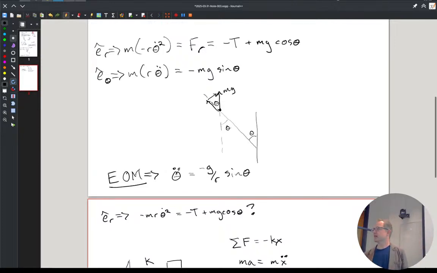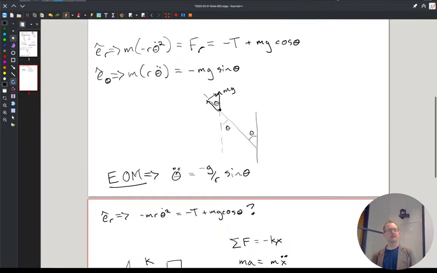Since it only has theta dot in it, it's just the rate of change of the angle. Yeah, it's giving us something that's directly related to the rate of change of the angle. Solve for tension now. If I get a solution for theta and theta dot, I can plug that in, and now I have tension as a function of time. Since theta is a function of time, theta dot is a function of time,